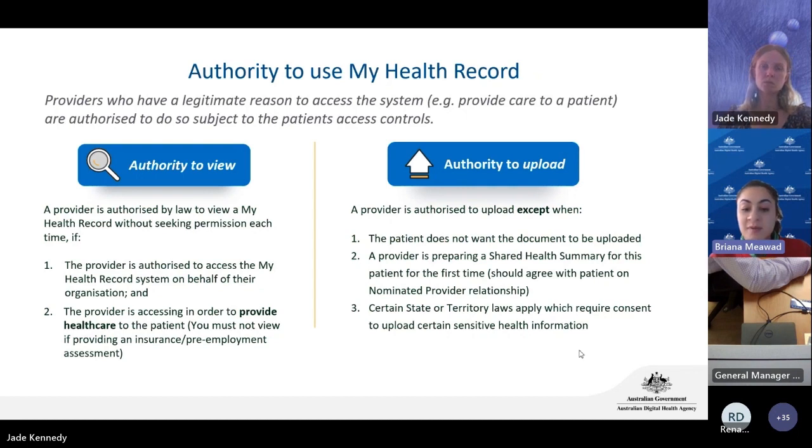Another minor thing to keep in mind is that certain states and territories might also have specific laws that do apply when it comes to uploading sensitive information. So if you're not aware of that, it might be worth looking into as well. But for the most part, it does come back to the provider's discretion when they are viewing and when they are uploading to the patient's My Health Record. So moving on to the next consideration there,